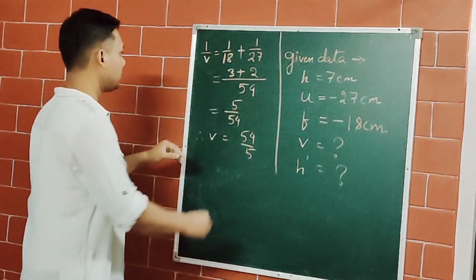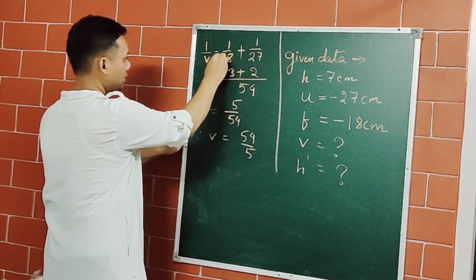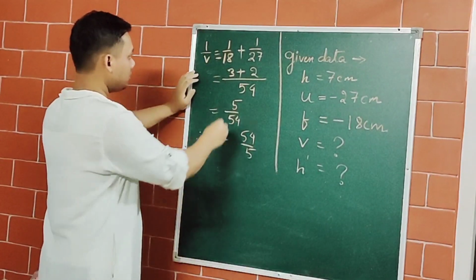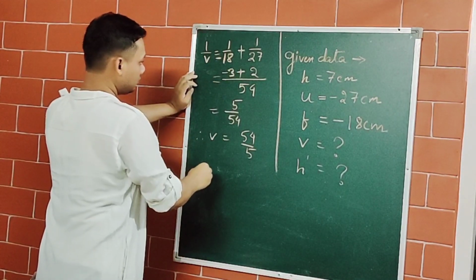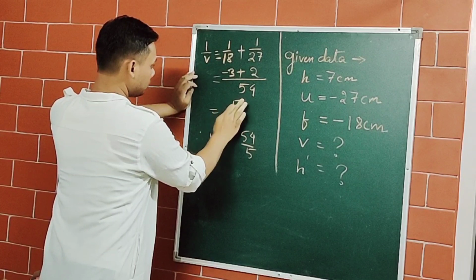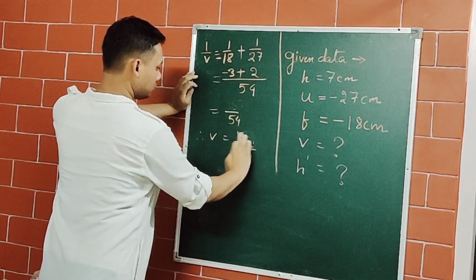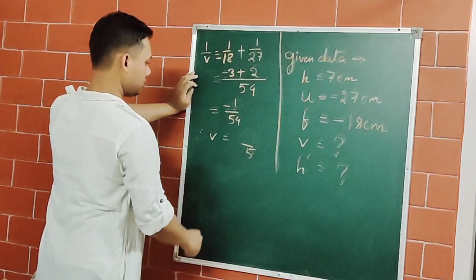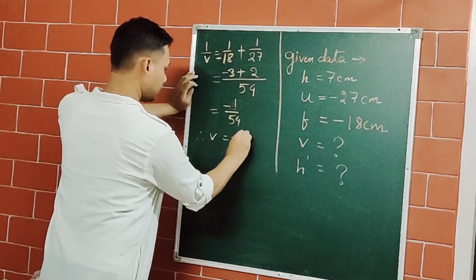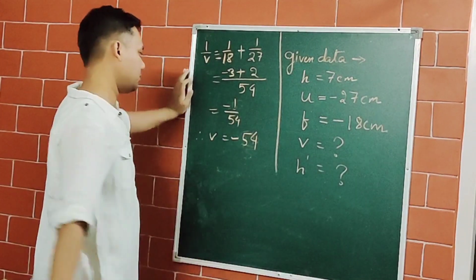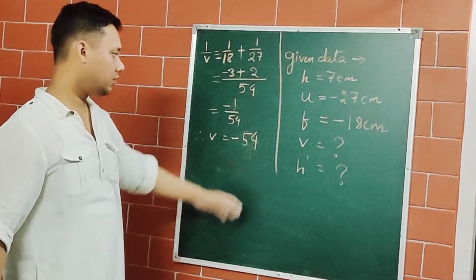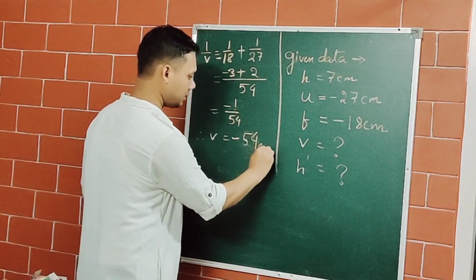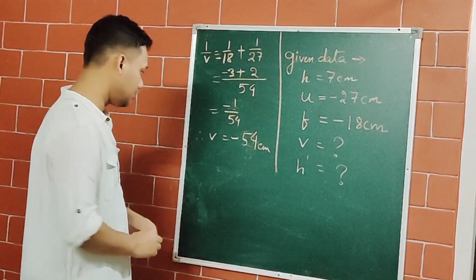F was negative, right. Minus 18, minus 3, minus 1, so it is minus 54. So v's value comes to minus 54 centimeter. Write therefore